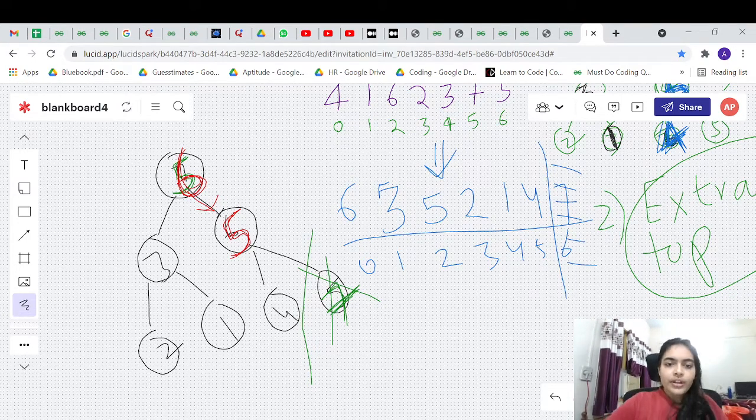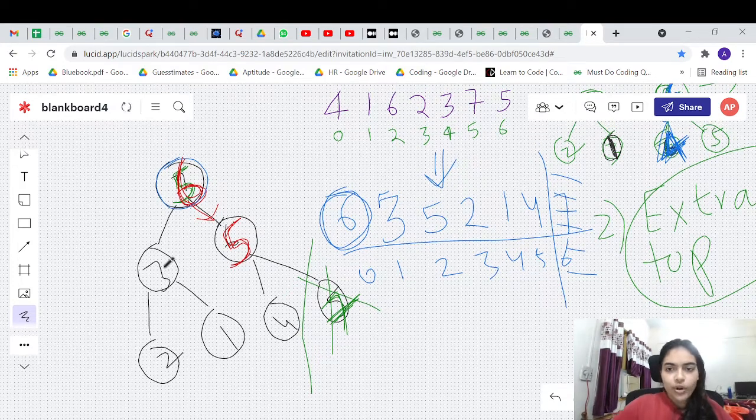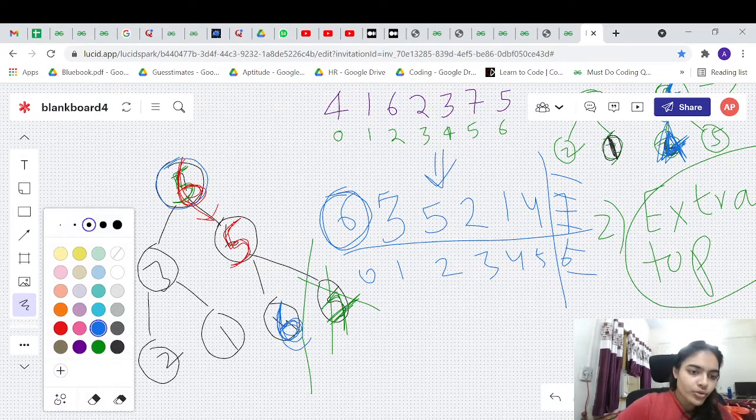Now what will you do? How do we get the second largest element? That will be the topmost position. 6 is the second largest element. So you will swap 6 with the last element of our working space, because 6 is the highest element remaining and should go to the last position. Which is the last element? This is the last element. Swap 6 with 4. So you will put 4 here.